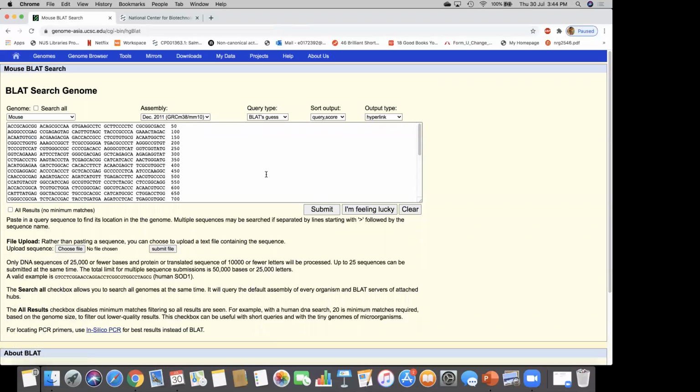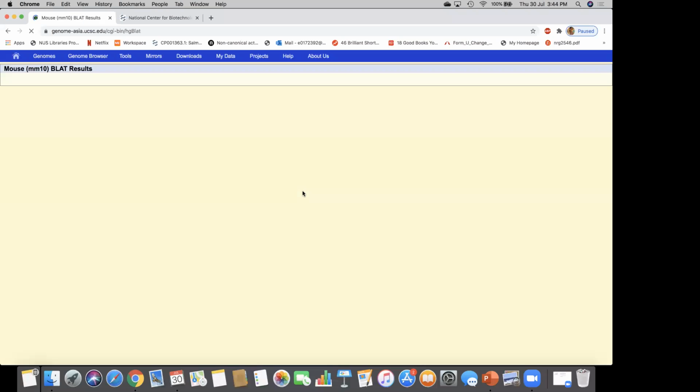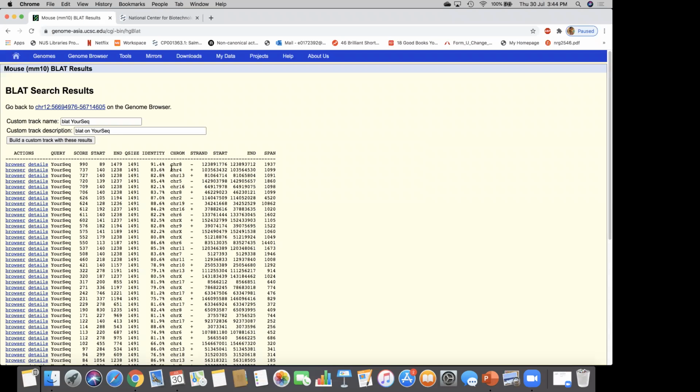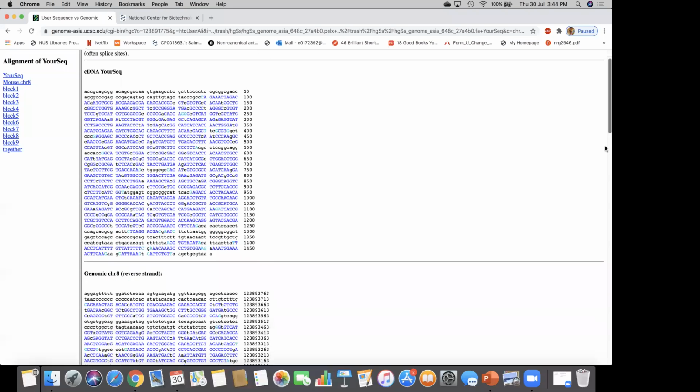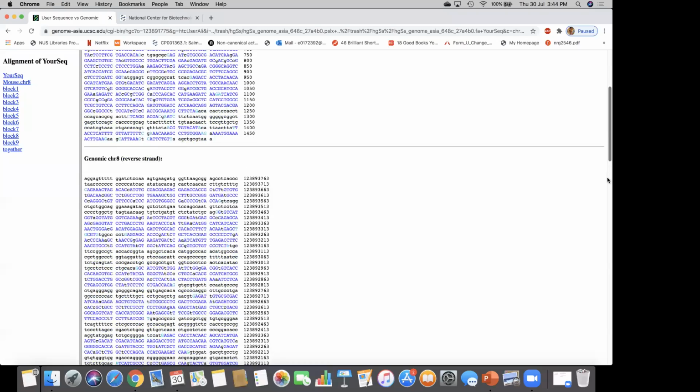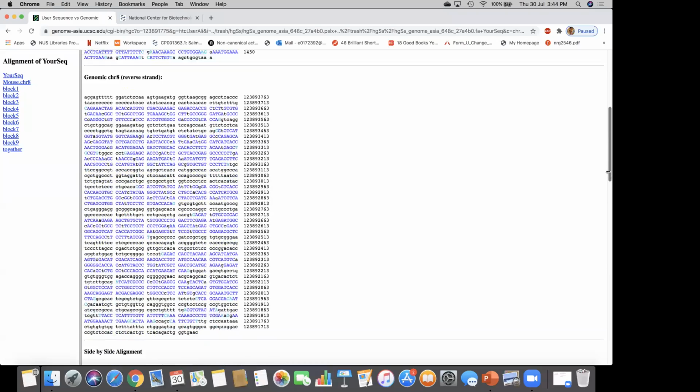Then if I submit it, here you can see a list of information, how similar they are and where the locations are. If I click the details, you will get the cDNA sequence and also the sequence homologous in the mouse genome.